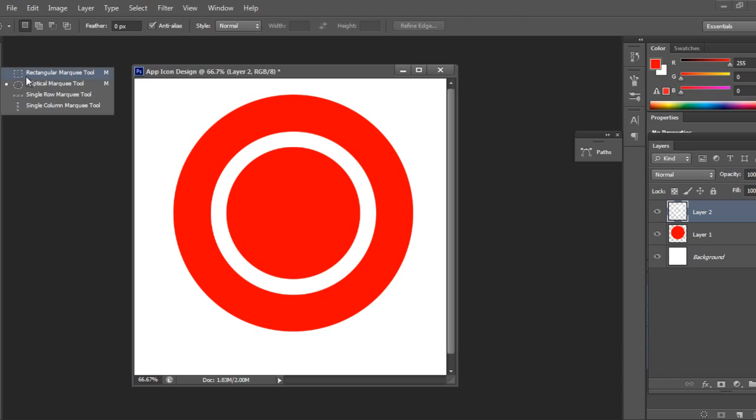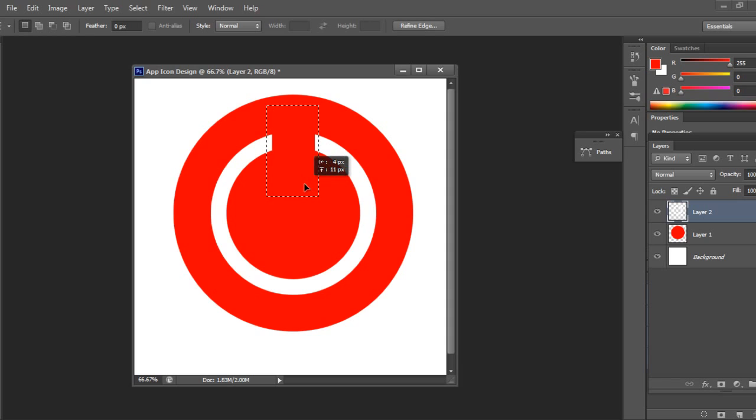I'll take one rectangle. I'll place this rectangle like this and press Delete, Control D. I want a somewhat bigger one, like this.